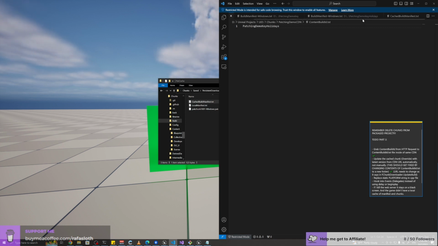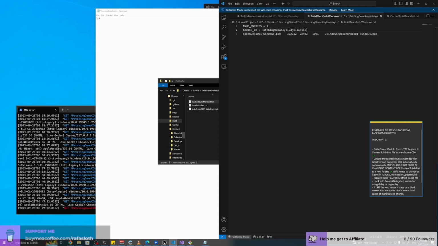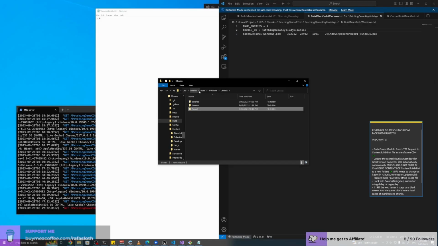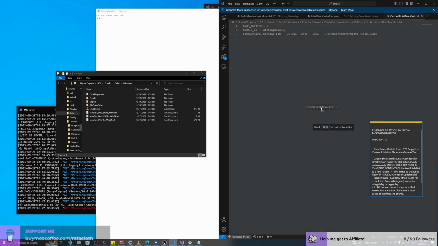So in theory, my gamers are going to go to this manifest instead of the original one, and I'm going to leave this like this. It doesn't matter, doesn't appear to do anything, and I'm going to revert this to, let's see, the purple one, and this doesn't even need to match anything. So in theory, I just close the game and open the game again. Yeah, build Windows. And let's just pay attention to the cached version.